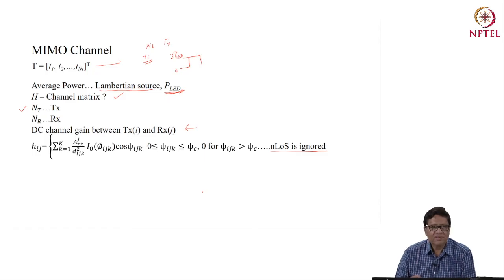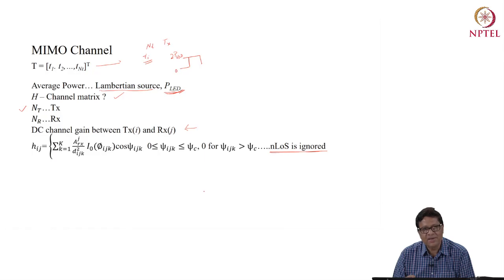Although when you're doing some rigorous analysis, you'll have to consider the non-line of sight component. But just to understand the channel modeling of a MIMO, let us for the time being ignore that, because it can be seen that the non-line of sight component is actually 10 dB lower than the weakest line of sight